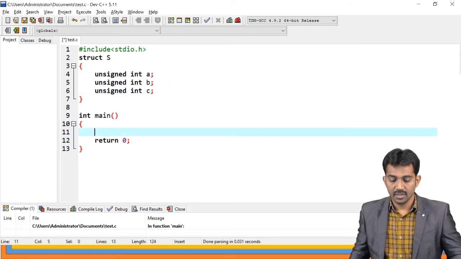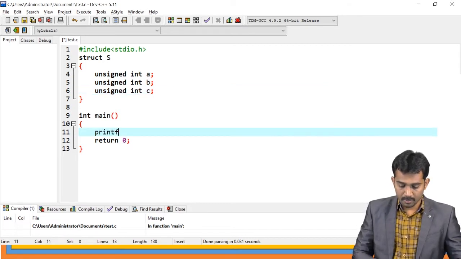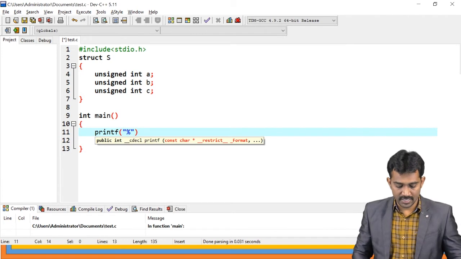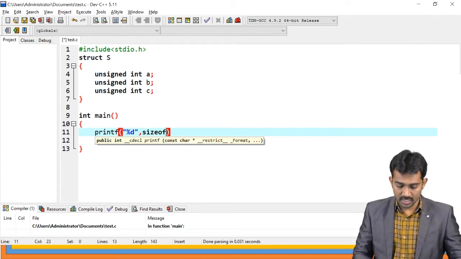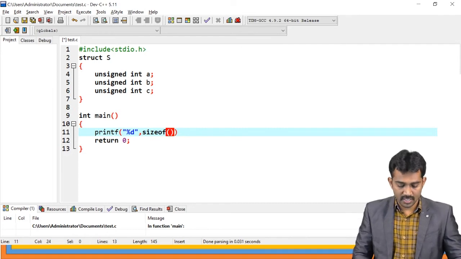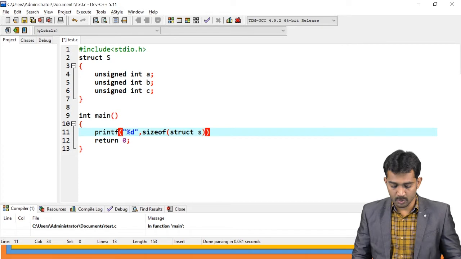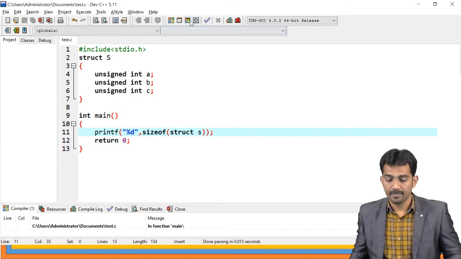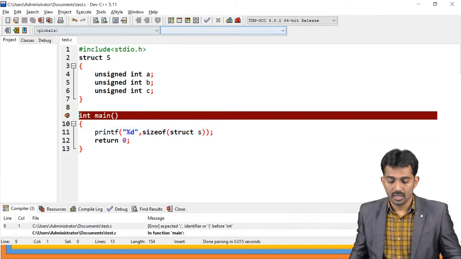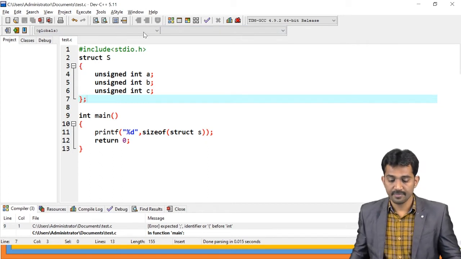Then printf of %d, comma, sizeof of struct yes. If you run this code, see what output it is going to generate. Yes, I forgot the semicolon here.